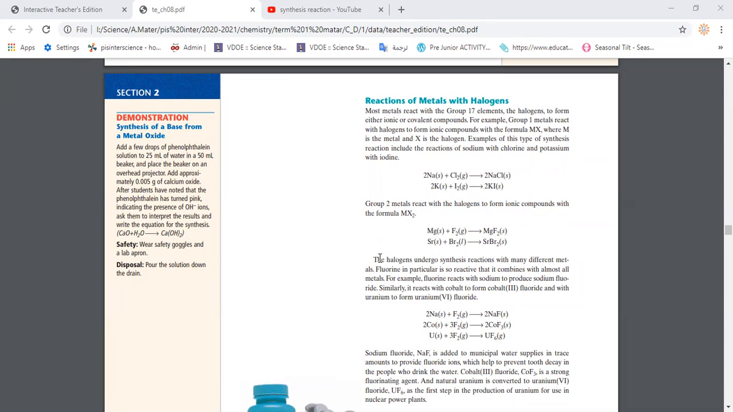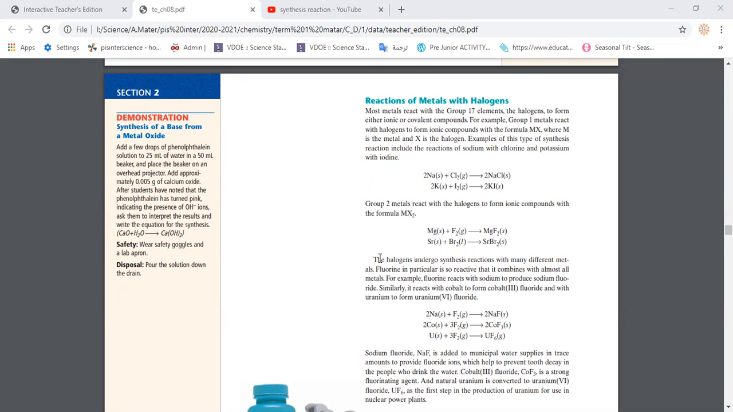So we could find that metals in group 1 and 2 react vigorously with halogens, producing ionic compounds, like sodium reacting with chlorine producing sodium chloride, and potassium reacting with iodine producing potassium iodide, and so on. Also, other metals, the transition metals, which are found in the middle block of the periodic table, can also react with halogens, but in that case, they may not form an ionic